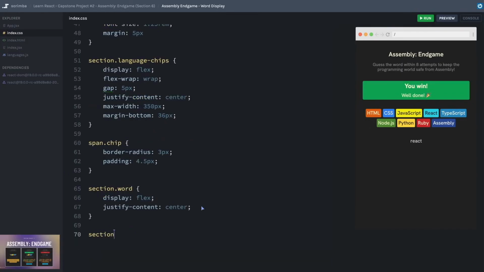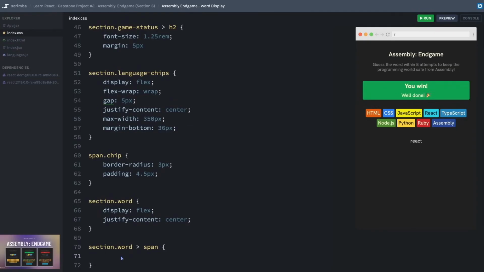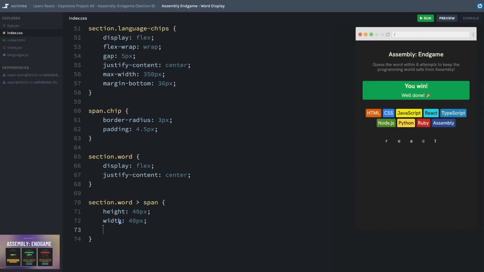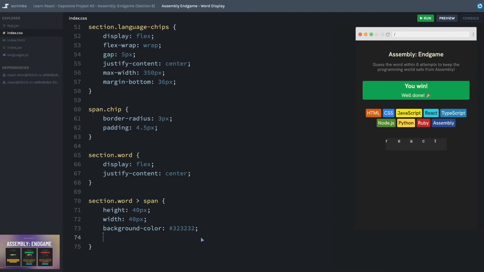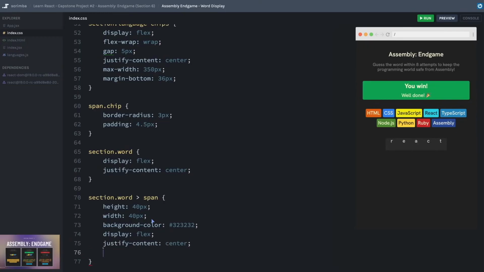And let's put some effort now into the span. So I'm just going to select the child element of the span inside of my section. And each item will have a height of, let's see, the design shows 40 pixels. So we'll say 40, and then we'll also do a width of 40, a background color of this kind of dark color from the design. And then they are sitting in the upper left. I think for each span, I can also use a display of, let's try flex. I might have to change this. We'll justify the content to the center and align the items to the center.